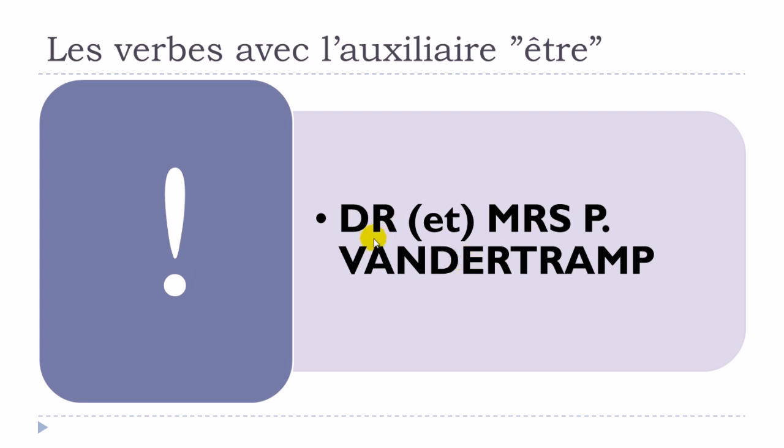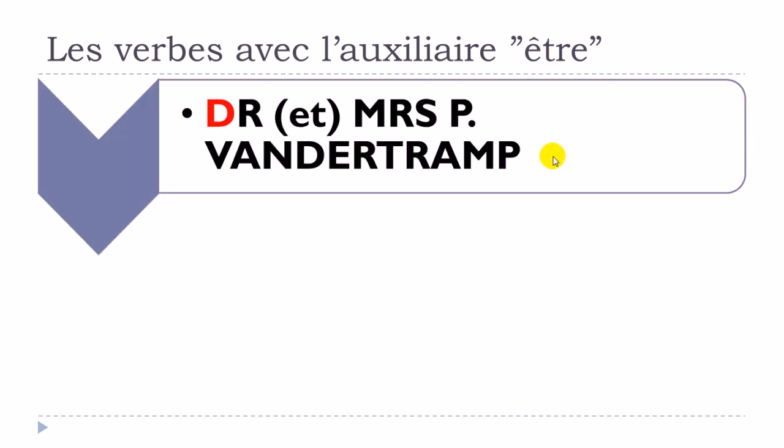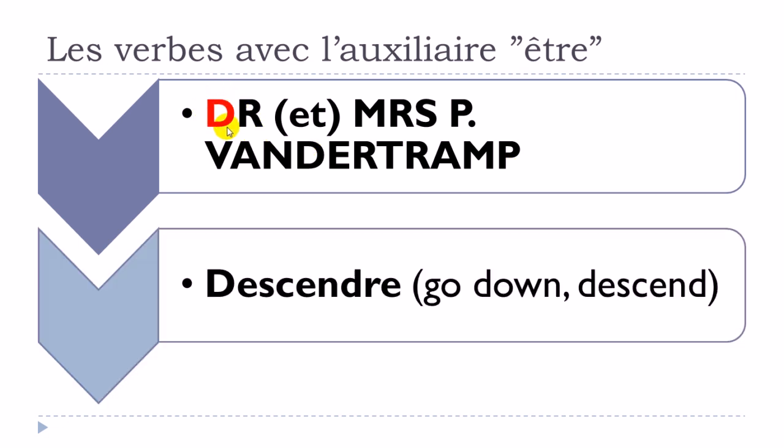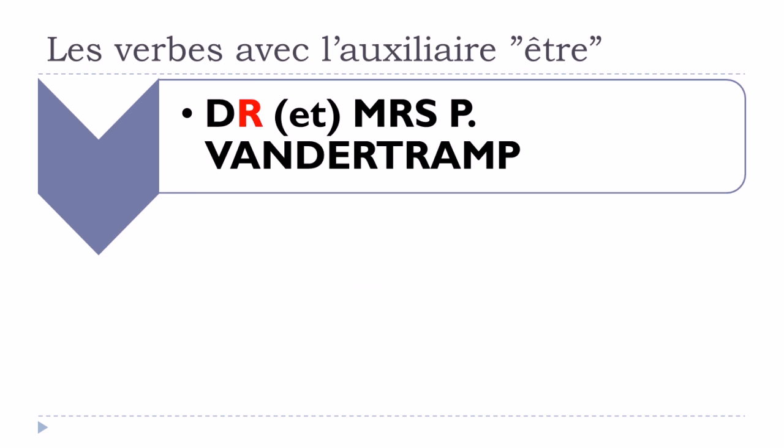I'm not really sure if it's working for everyone, but still, it's one technique. Okay, so the idea is that you will, well, try to remember these names, and then each letter will represent one verb that will require this auxiliaire être. Okay, so let's start now. If we take the whole thing here, and then we take only the first letter, it's D, and D will be for the verb descendre. Okay, descendre. Then after that, R will be for